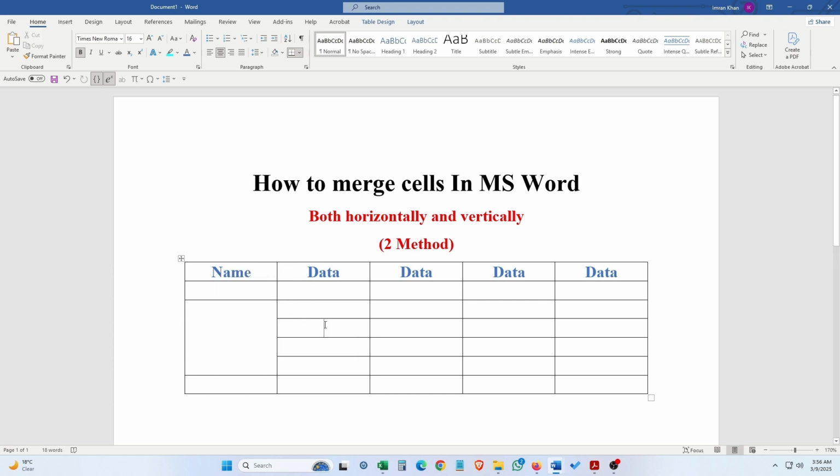It is done. And you can select this horizontally, right click, merge cells. It is that easy. Okay, now I am pressing Ctrl Z to undo it, and I am showing you the